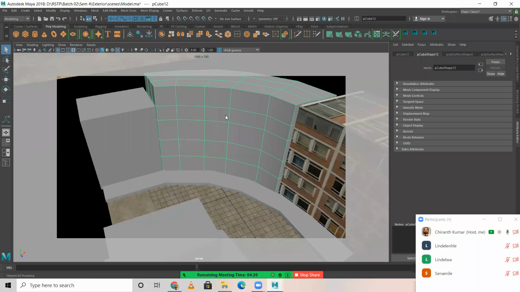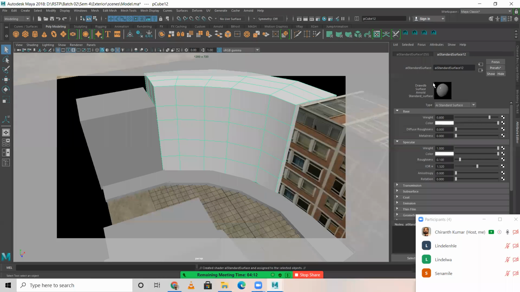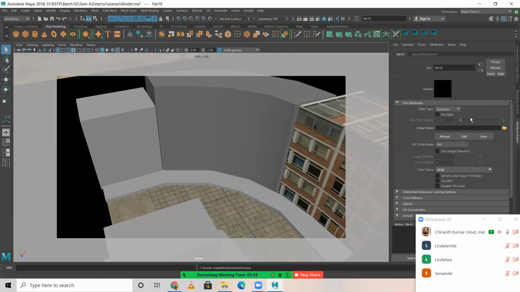I'll come over here, assign new material. It is Arnold shader, AI standard surface. This is building 3 or 4. Building 4. Reduce IOR, reduce weight, increase the weight here. Click on the color, file, come to this file.